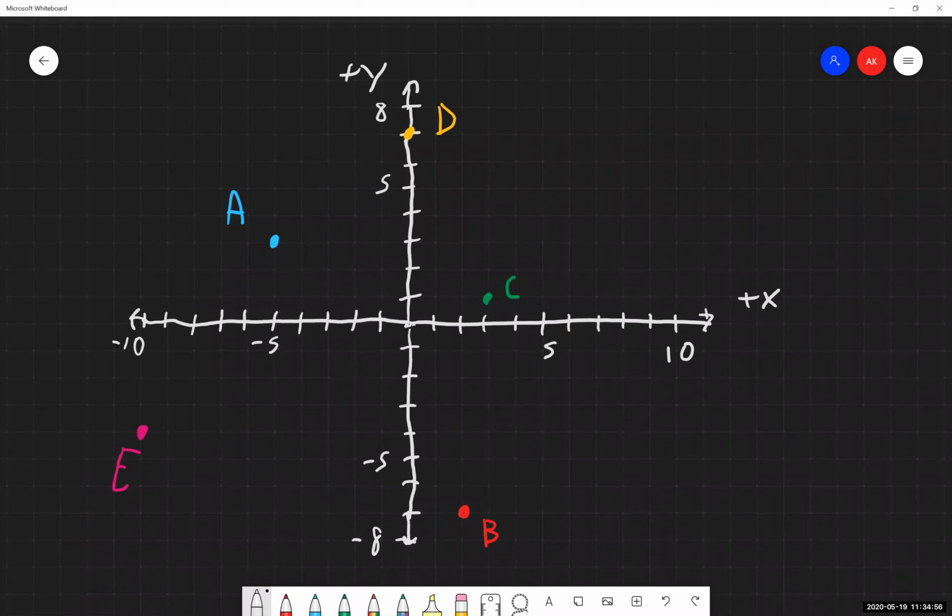So all I'm looking for, and we'll go through this all together here in a second, is for you guys to have an opportunity. Again, write down for yourselves on something that you have nearby, what is the ordered pair? So again, that X and Y value at each of these 5 points. And then I'll give you guys a minute or so to go through that on your own. And then we'll go through and we'll find the answers for these all together. So I'll give you guys a minute or so here. I'll mute myself. You guys take a minute for that, and we'll go through this together here in a second.